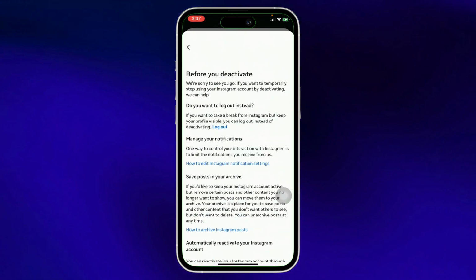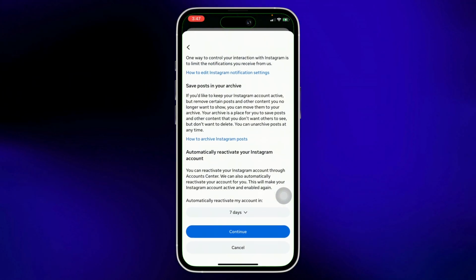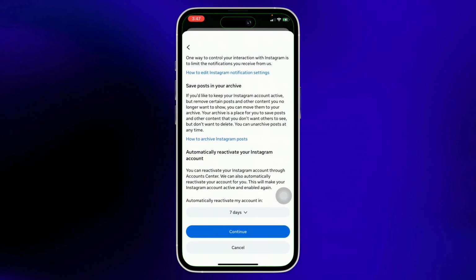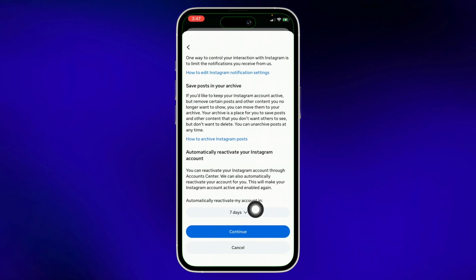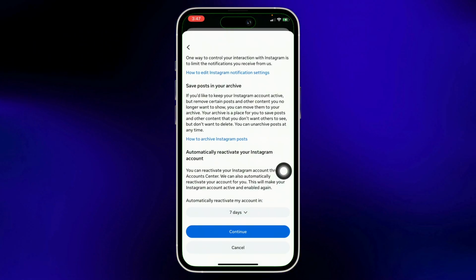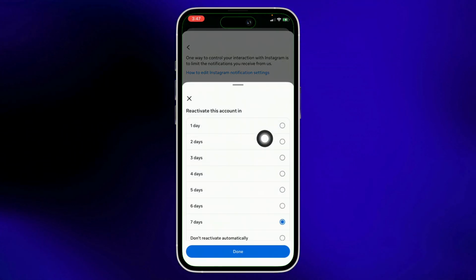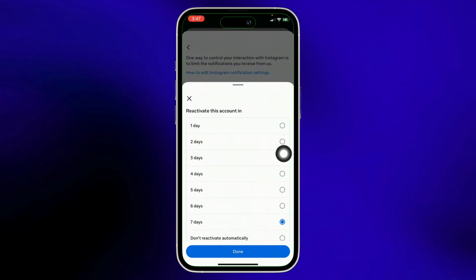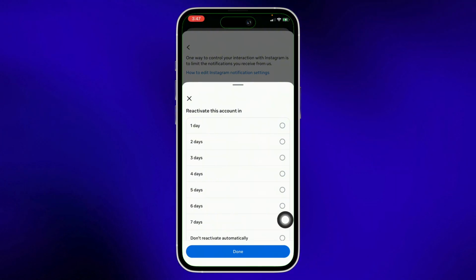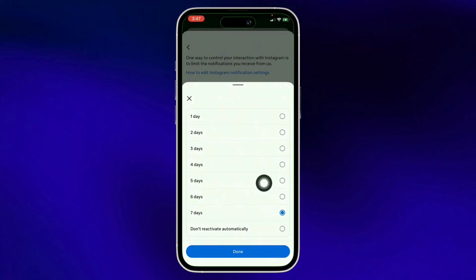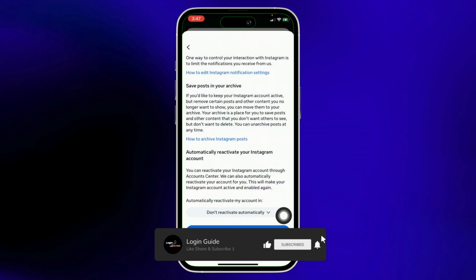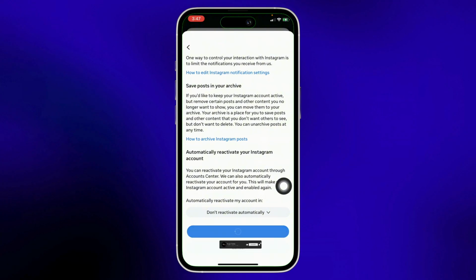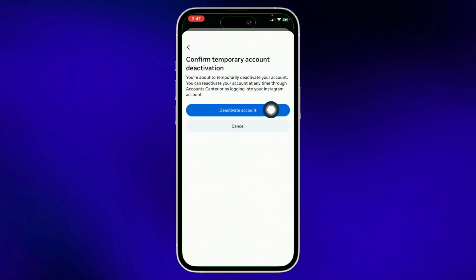You will then be shown with a guideline of what will happen after you deactivate your account. So simply go through the guideline and you can then go ahead and select the drop down there and choose when you want to reactivate your account, or you can also simply tap on the Don't Reactivate My Account Automatically radio button. Now tap on Done and then tap on the Continue button at the bottom, and then finally tap